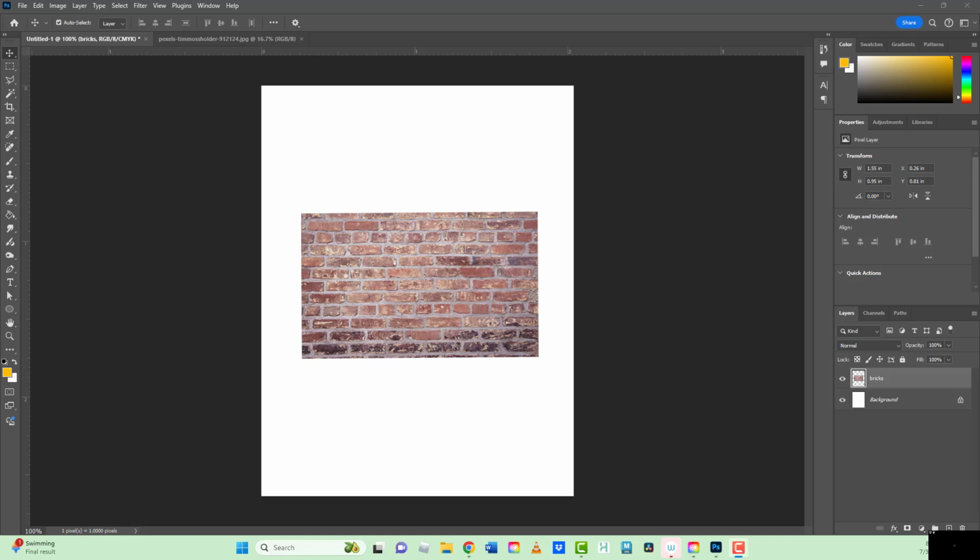I want to talk about the transform tool. In Photoshop, when I bring in an image and it's on its own layer, so I brought in these bricks. This is just a copyright-free image, a CC image that I got from Pexels.com. And when I brought this image in and labeled my layer bricks, generally transform means that we are going to